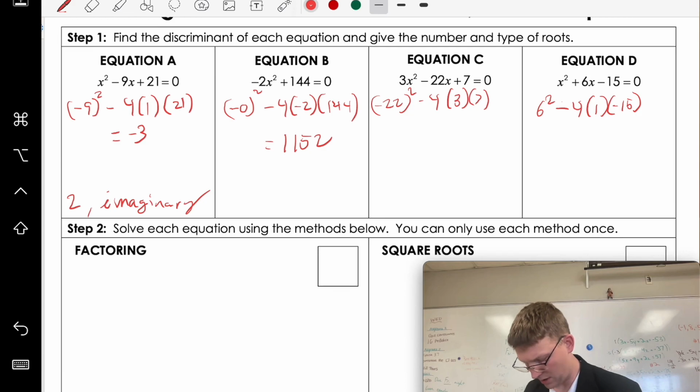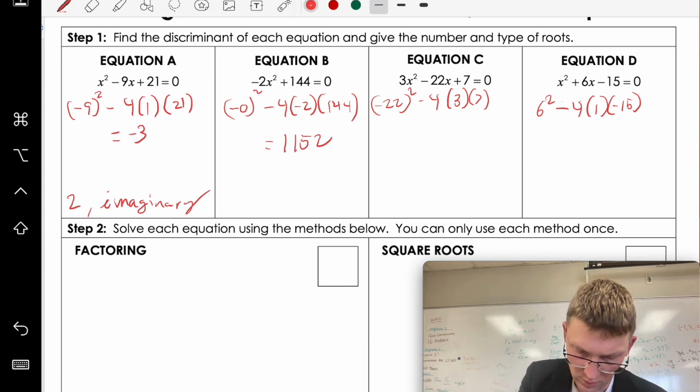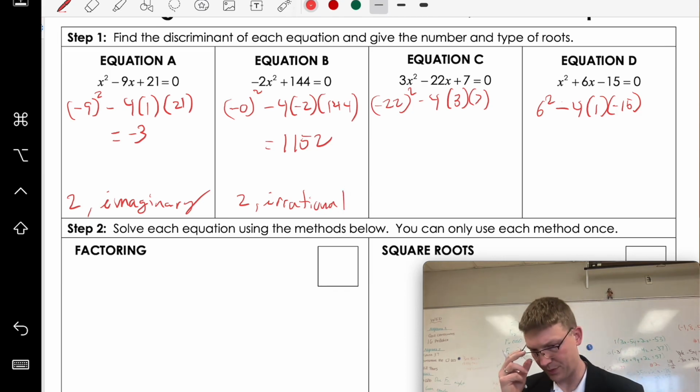Square root of that number is not an even number. So we are going to have 2 irrational values. Okay, equation C, we've got 22 squared minus 4 times 3 times 7,